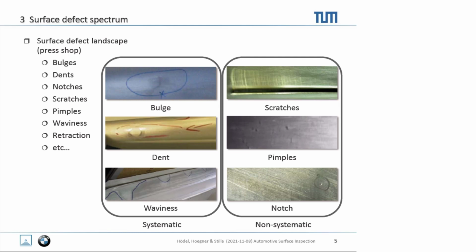And a further differentiation can be seen in the geometric presence of these different defects. Now, what do I mean by that? What I mean is that a bulge and a dent and waviness can be seen in the geometry. We have to delineate between geometric defects and surface defects, but these systematic defects can almost be seen as microgeometric variations, whereas the defects on the right really have no geometric presence, or none that can be seen with legacy